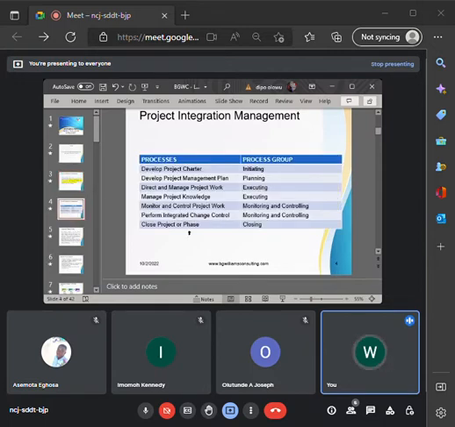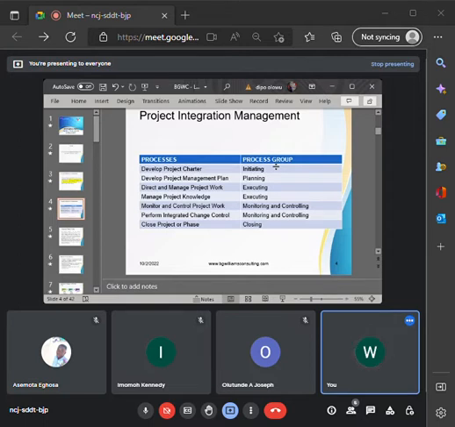All right. So what are the project management processes that, if I need to integrate a project, I will definitely have to follow through? As you can see on the screen, these are the project management processes. The first thing is to develop a project charter, and that is done at the early stage of the project, which is referred to as what? Initiating. So this task of developing a project charter is done at the early stage of the project.